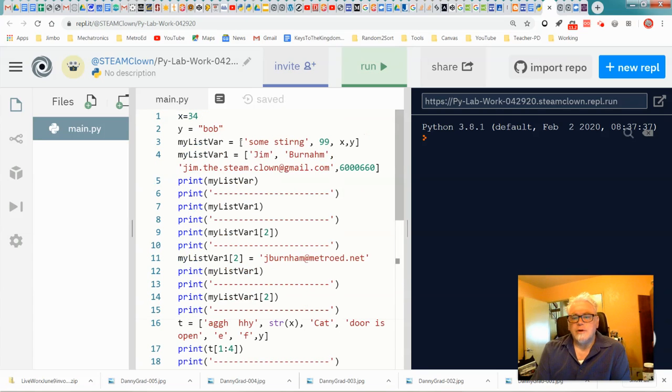All right, so what we're going to do is look at this first thing that gets printed out, which is print my list var, right? So what would you expect? Well, you're going to see that it's going to print this string. But where I have x, it's going to give us the value of x, and where I have y, it's going to give us the value of y, right? So when I run this,